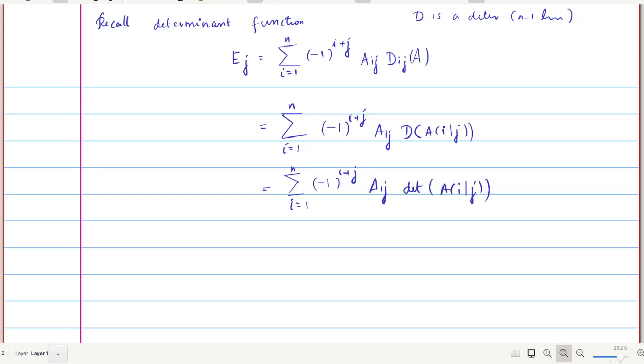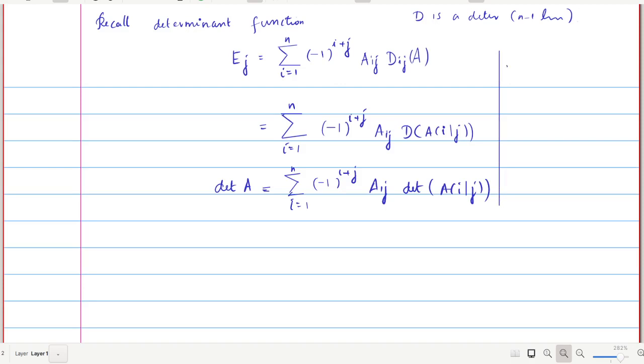That means we replace this D, an n minus 1 linear alternating determinant function, by the determinant, and we know that it is always a determinant function. It satisfies all the properties of a determinant function on an n minus 1 by n minus 1 matrix. So that would help us to define this Ej as a determinant function on the set of all matrices of order n. We know that this is the determinant of A anyway, so the determinant of A has another formula. Actually this is the formula we use to evaluate the determinant rather than the formula involving the permutations.